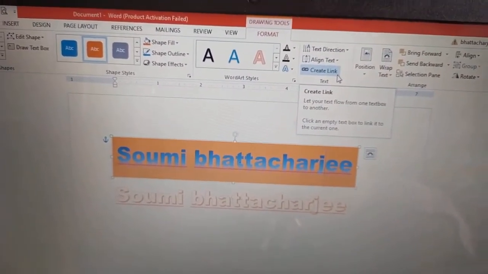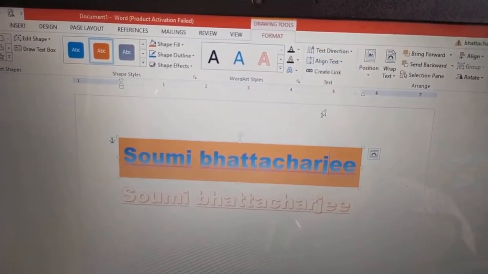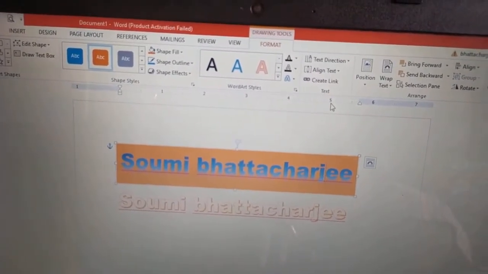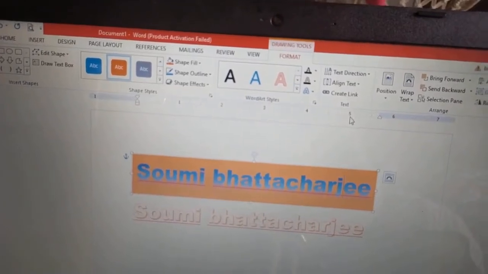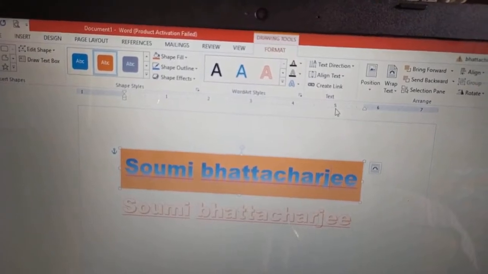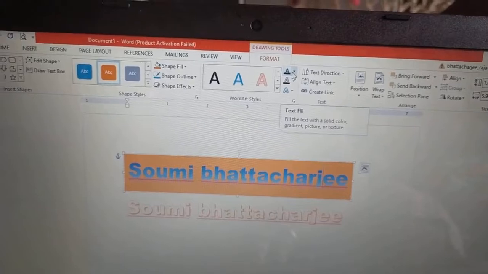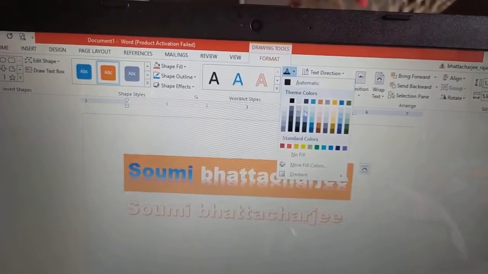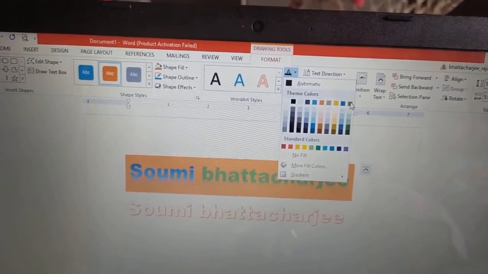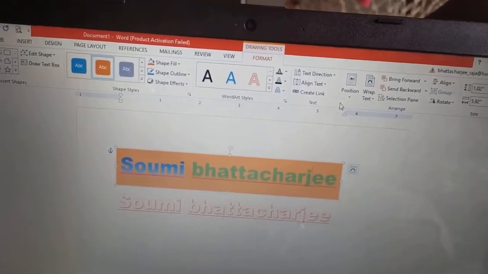Next, align text. How the text will be aligned, that also we can do over here. Next, text fill. This is the text fill command. The color of the letters inside will be changed.